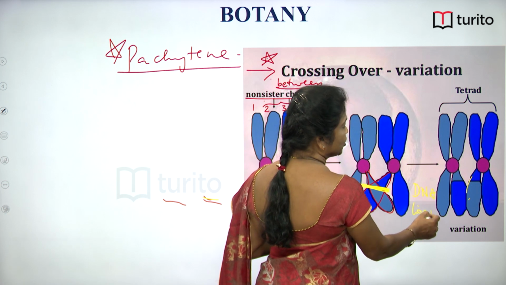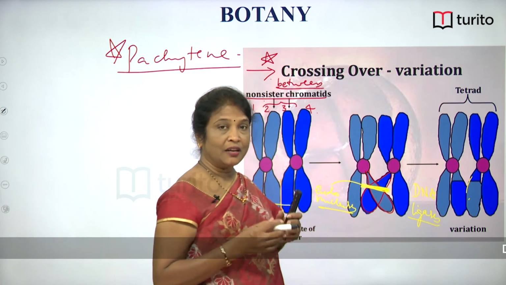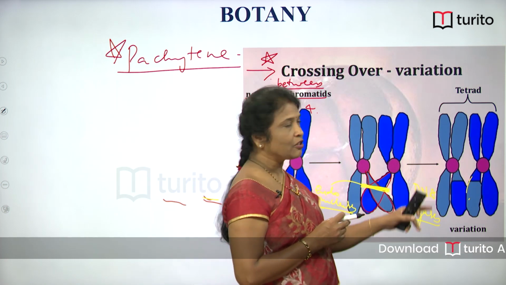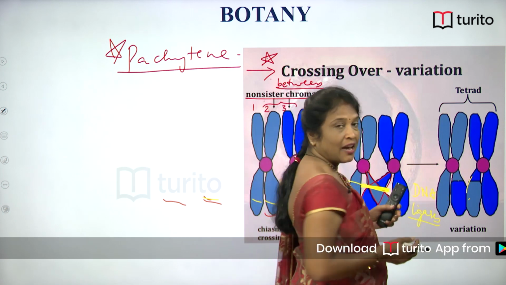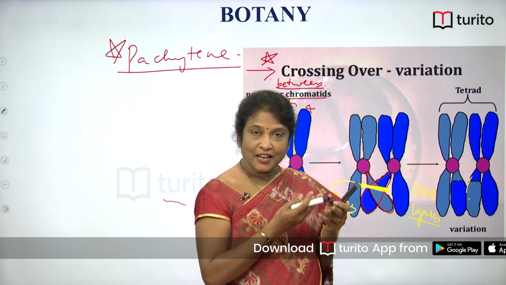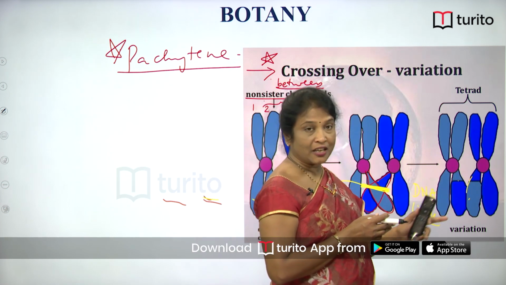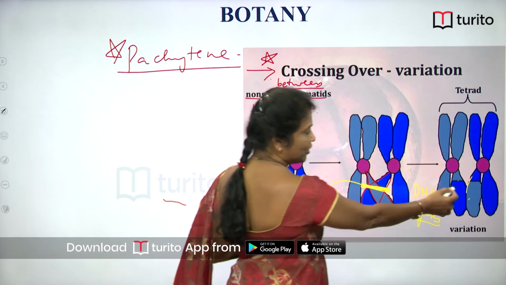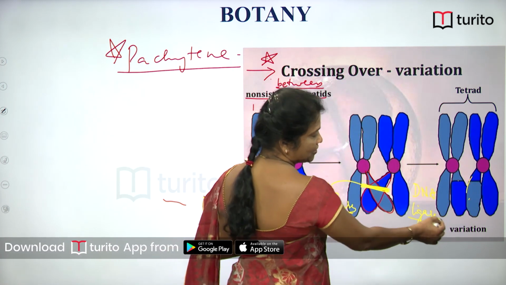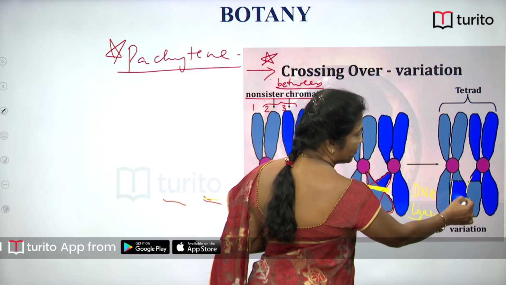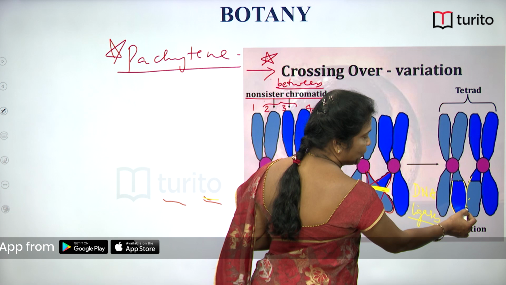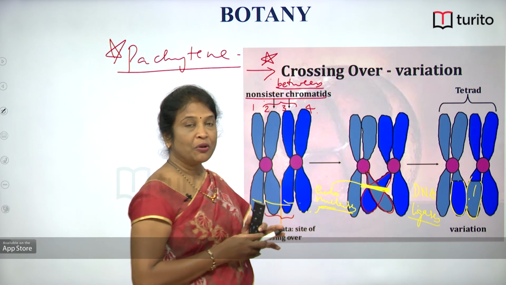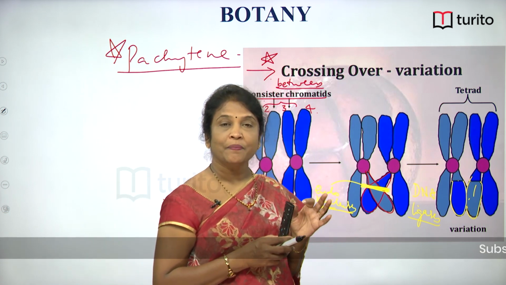At the time of rejoining, to construct new phosphodiester bonds to join the DNA segments, DNA ligases are employed. But at the time of that rejoining, exchange of chromatid segments takes place. Here you can follow exchange of chromatid segments. The chromatid segment of this chromatid may be added to this one, and the chromatid segment of this one is added to this one. So, there is exchange between chromatid segments between